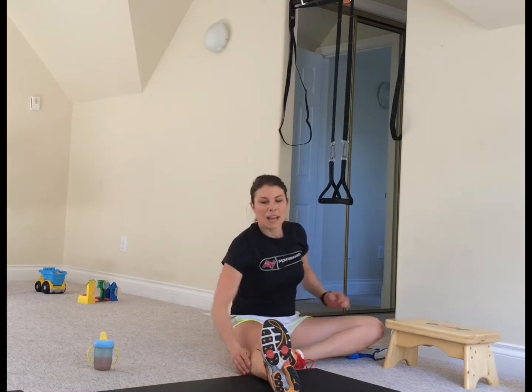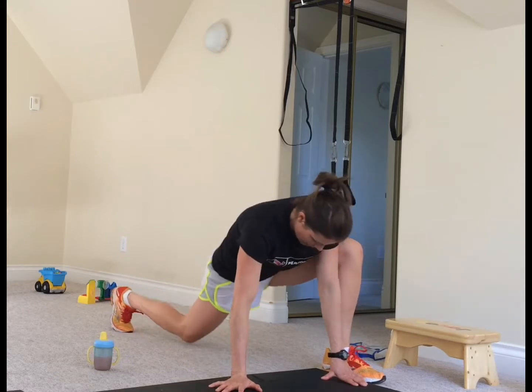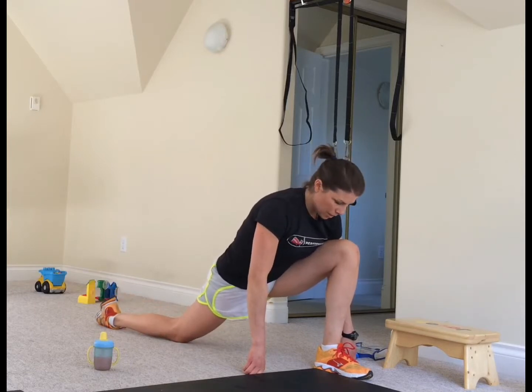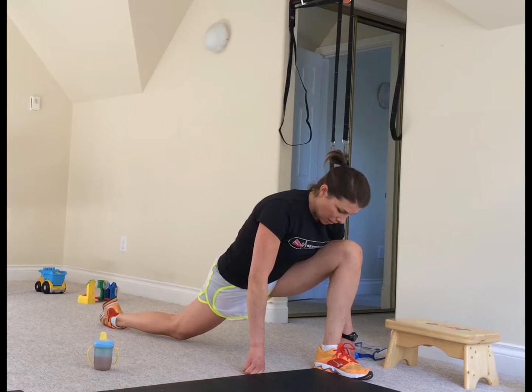Okay, and then into a kneeling position, and we're getting a nice hip flexor stretch. So you want to push into that hip, shoelaces down. We did this one the other day. I think this is a really good one if you can get the concept of it. So once you're in the stretch, what you're wanting to do is actively push your back shoelace down and almost